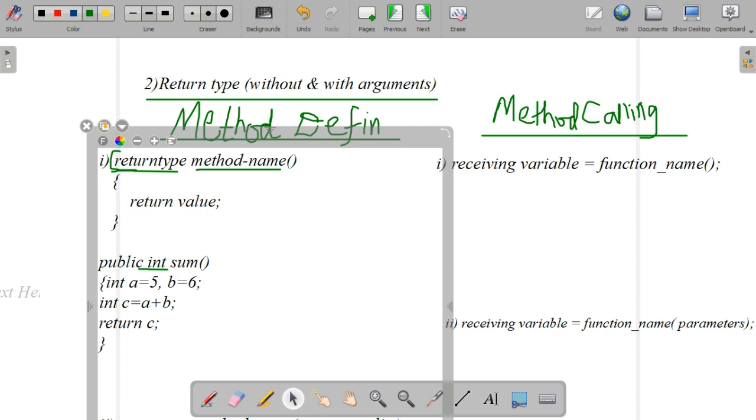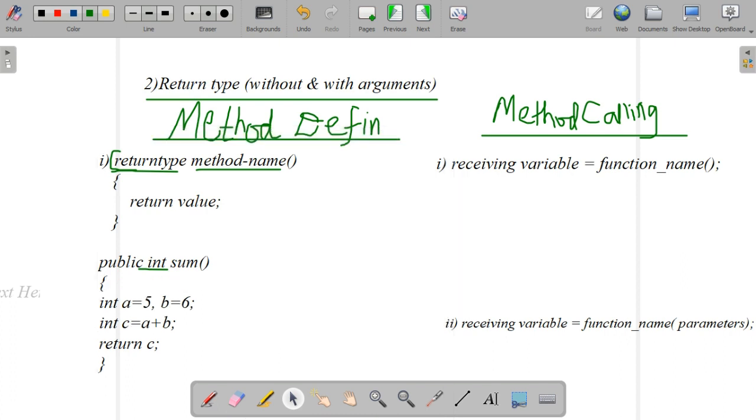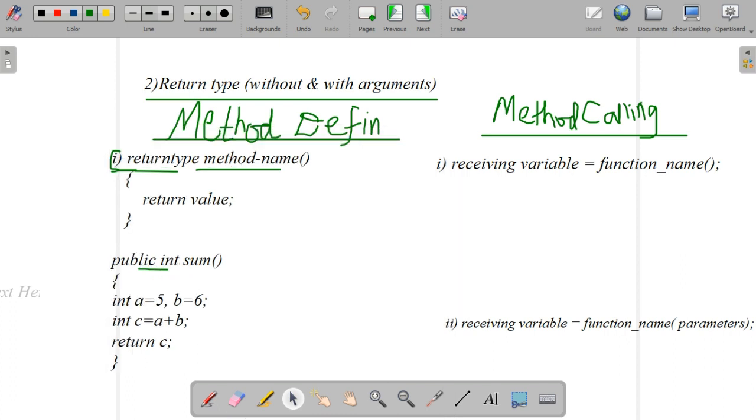This is an example for a return type without argument. This is the method definition. After defining a method, we need to invoke or call this method to execute the statements. So how do we call it? In non-return type, we use only the method name.